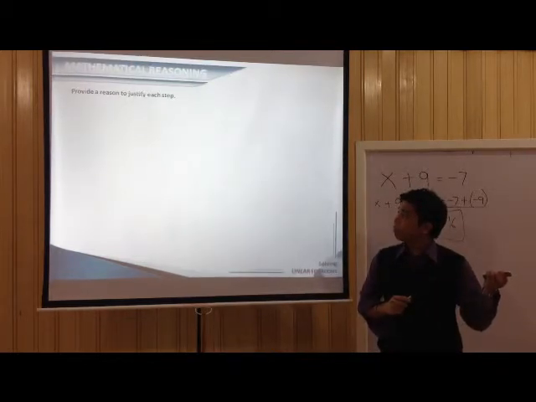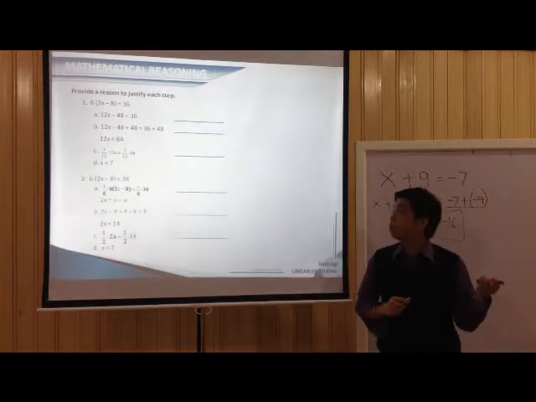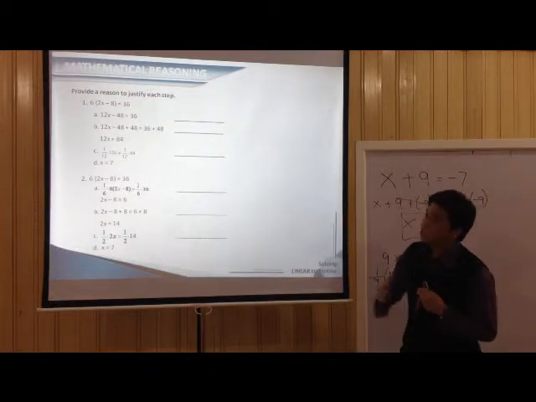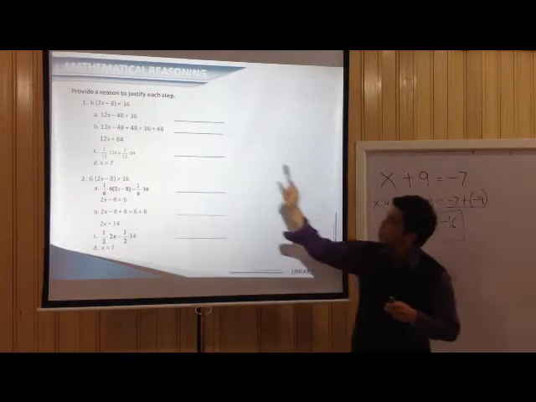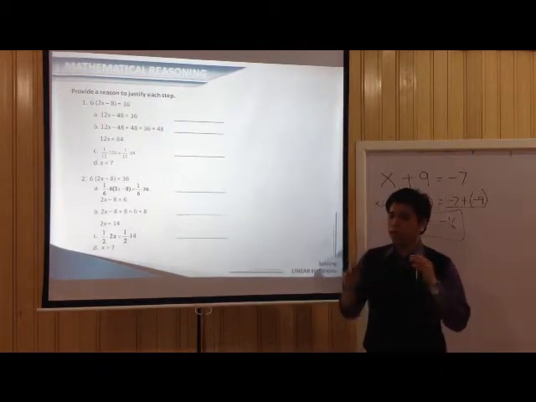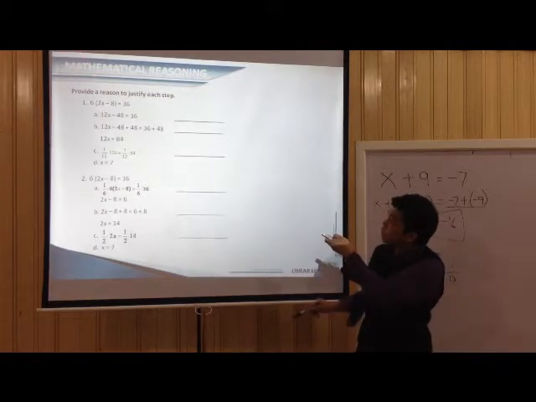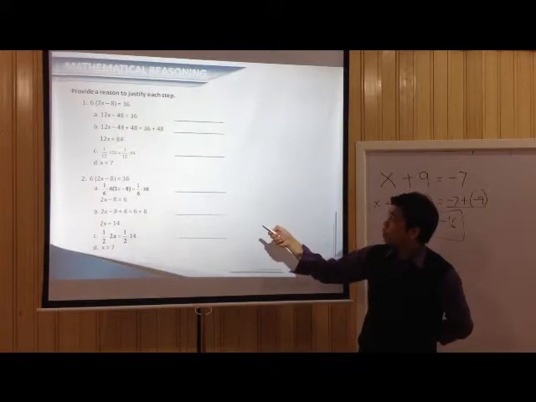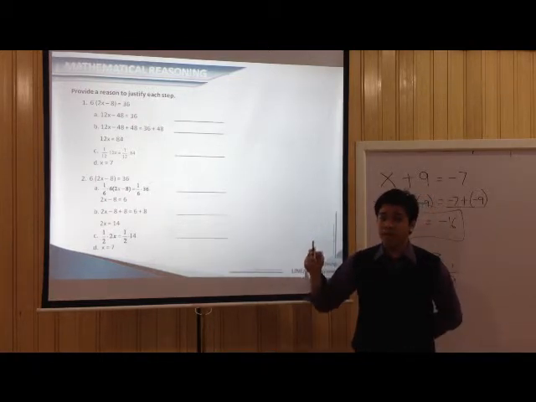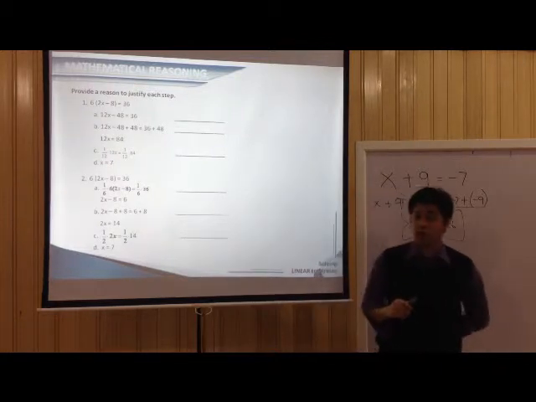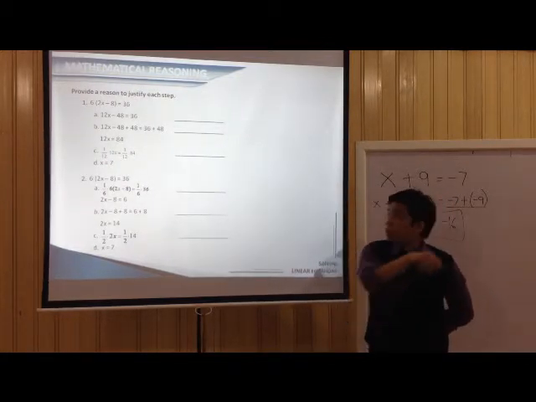Okay. Now I have here one problem which was solved in 2 different ways. Let us try to justify each step. In number 1, in the first step, how did it become 12x minus 14 equals 36? Well, it's quite simple. We distributed 6 to 2x and negative 8. 6 times 2x is 12x. 6 times negative 8 is negative 48 equals 36. Now what did we apply there? We applied what we call the distributive property of multiplication over subtraction, or simply distributive property.